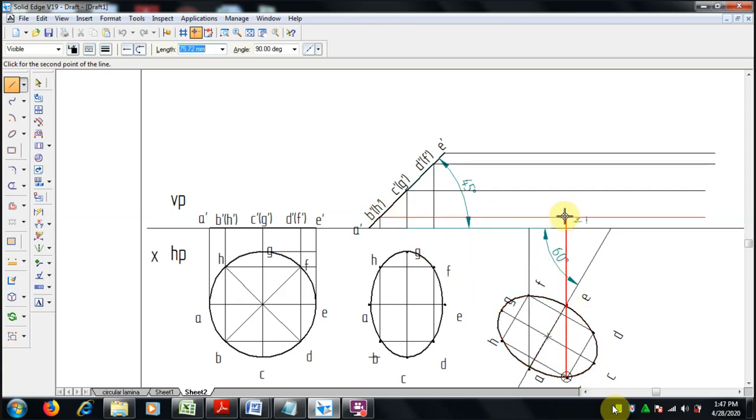B to B dash, C dash, here it meets D, here it meets D dash, E with E, F, it meets F here.